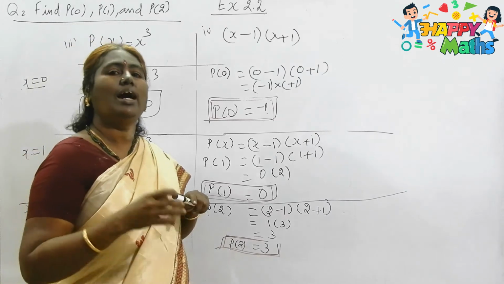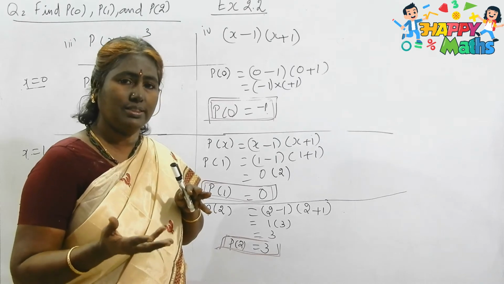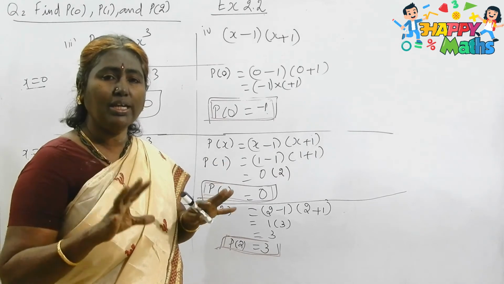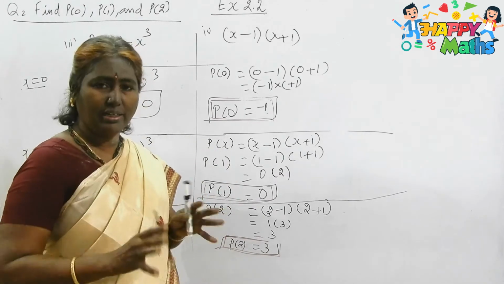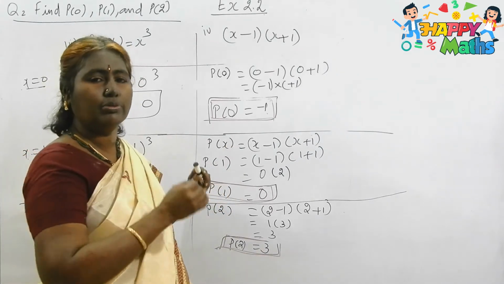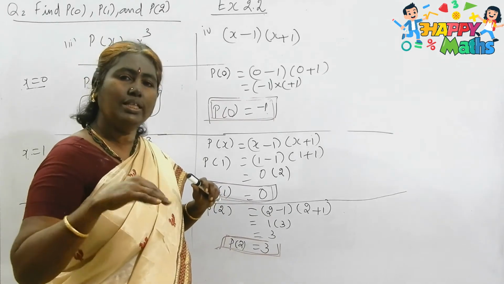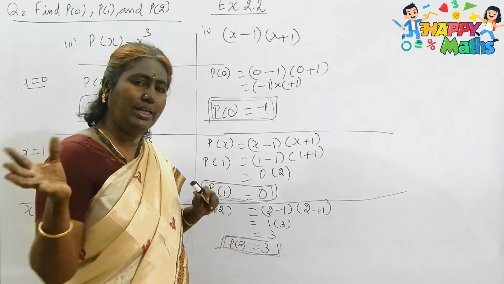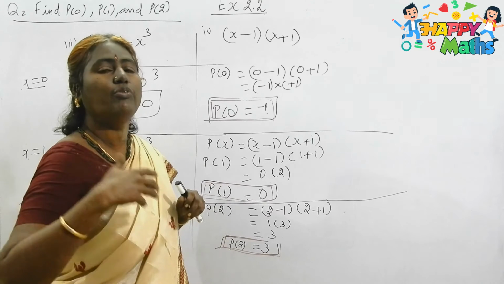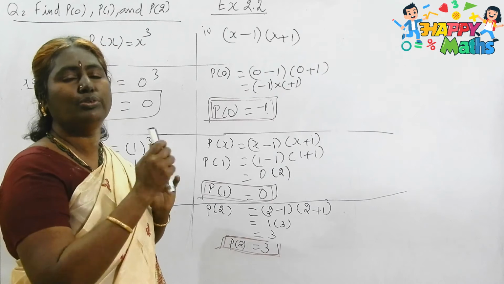In question number 3, apart from your exercise sums, I have given my own examples, 3 or 4 sums, just to make you understand very clearly how to find the zero polynomial. Even though in the book they have given you some problems, apart from that I have given, in my different approach, 3 or 4 problems to make you understand very clearly what a zero polynomial is. From there only I can get what the remainder theorem and factor theorem are. So don't skip the video, just watch the video fully.